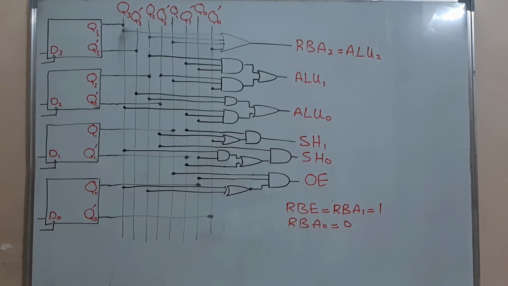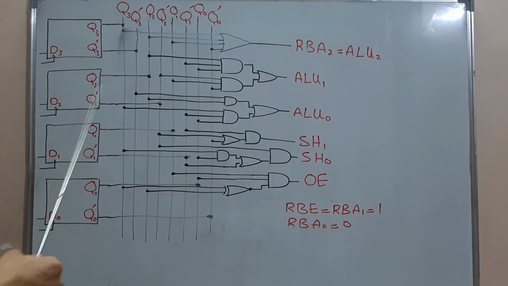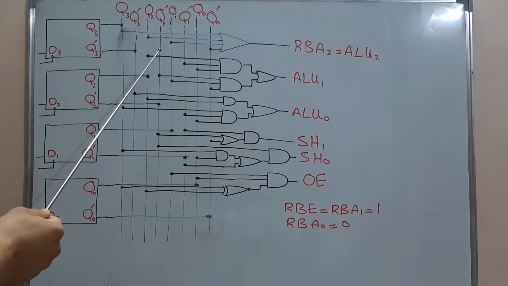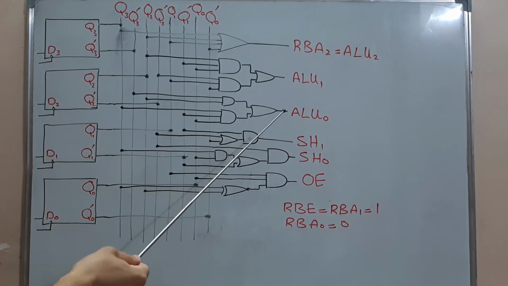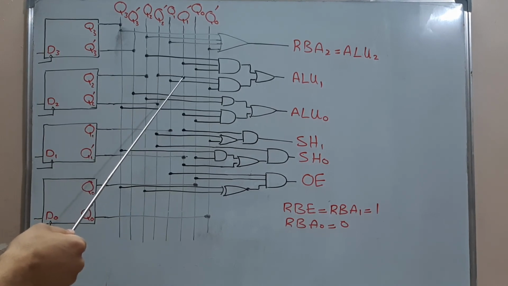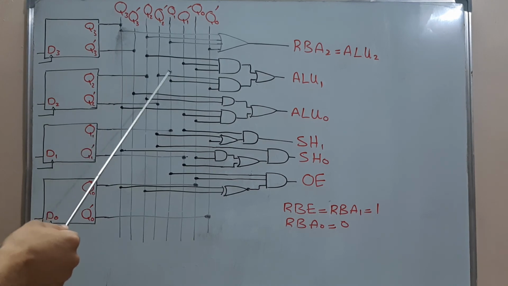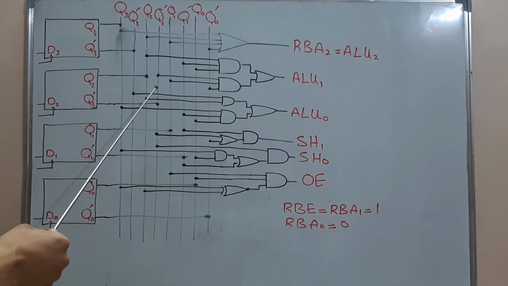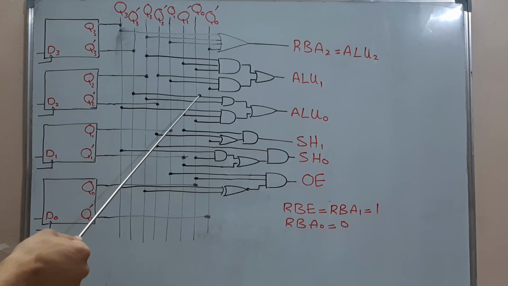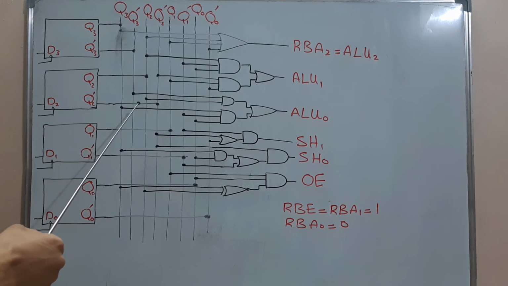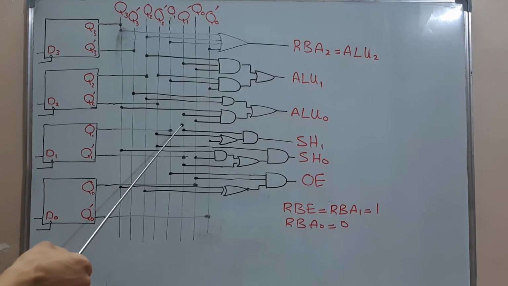RBA2 is equal to ALU2, and both are equal to 1 whenever Q3 or Q2 or Q1 are together with Q0 bar. ALU1 is equal to 1 whenever Q2 ANDed together with the Q1 bar and Q0, or Q2 bar ANDed together with the Q1 and Q0 bar. ALU0 is equal to 1 whenever Q3 bar is ANDed together with the Q2, or Q3 is ANDed together with